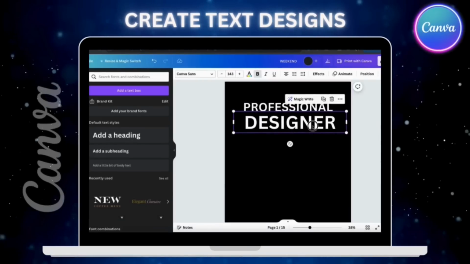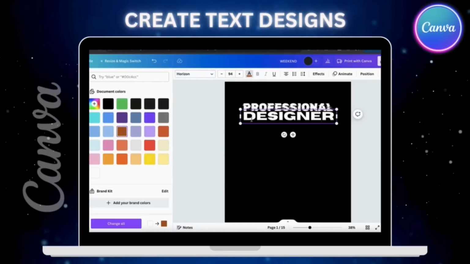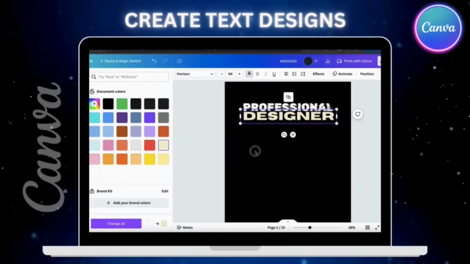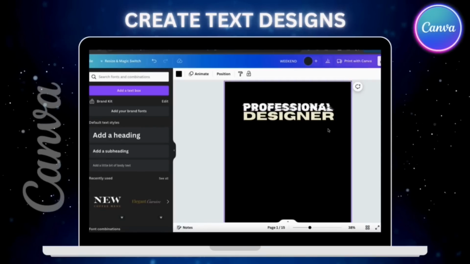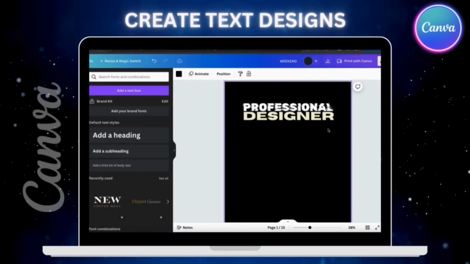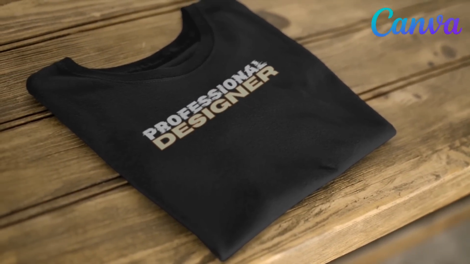This could include cool slogans, something funny, inspirational or motivational quotes, clever sayings, or any other text you like. Plain text designs are easy to create, even for beginners, and can look good on a variety of shirt colors and styles. So let's head over to Canva and go over how to create t-shirt designs with text as the